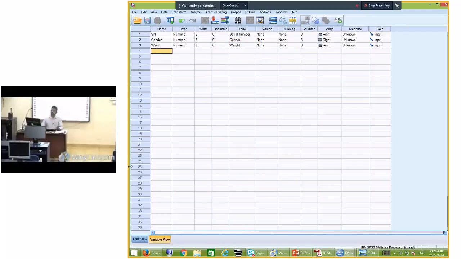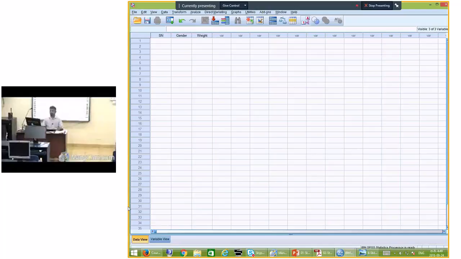Right? Now we have prepared and designed our variable view. Now there are three variables: serial number, gender and weight. Now we can go to the data view. Now your task is to enter that data. How many data points are here? You can decide: 1, 2, 3, 4, 5, 6, 7, 8, 9, 10,